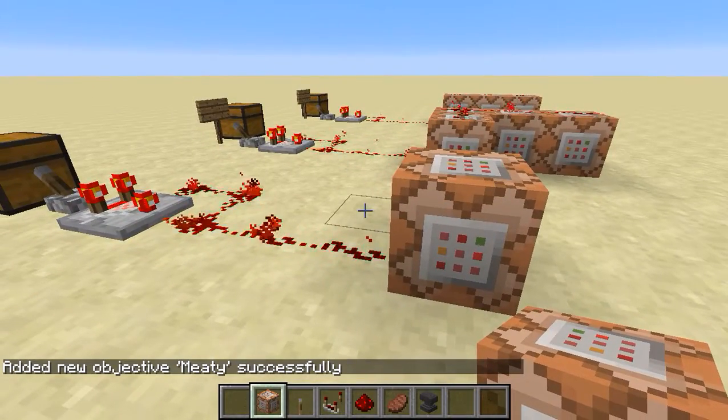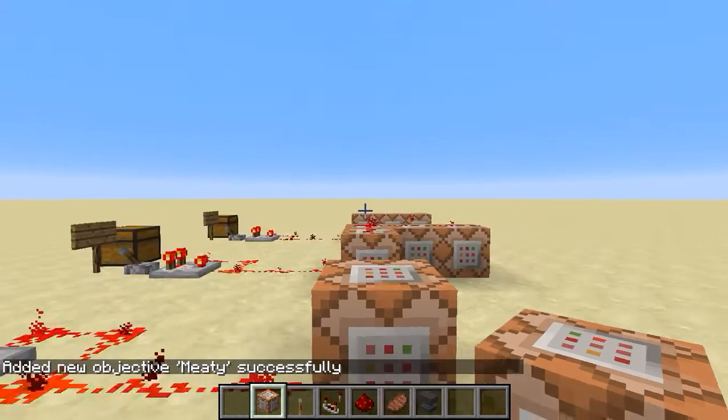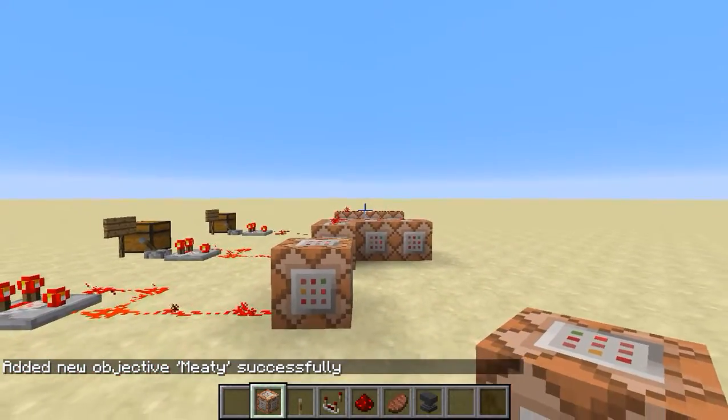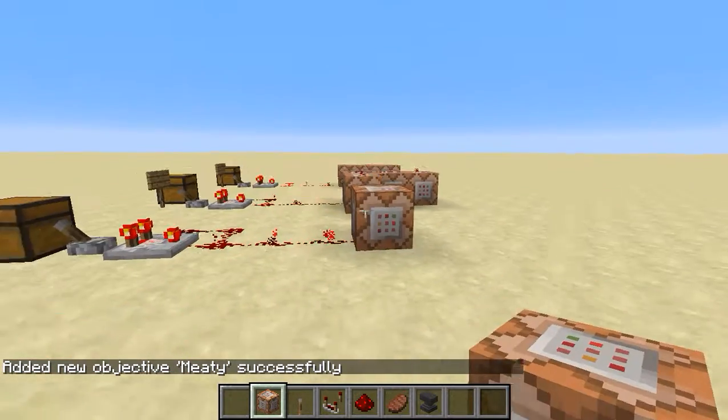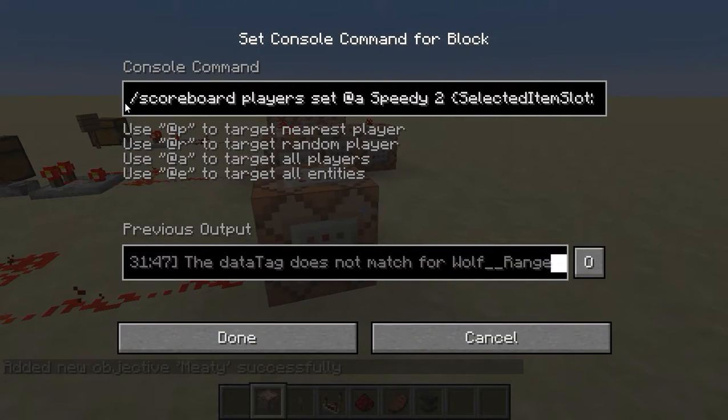Dummy basically means that it can't be added to in any shape or form by doing something, because any other type you can add to it by doing something. Now, I'll just keep that tag there because it's long to type. So we would type /scoreboard, and then players